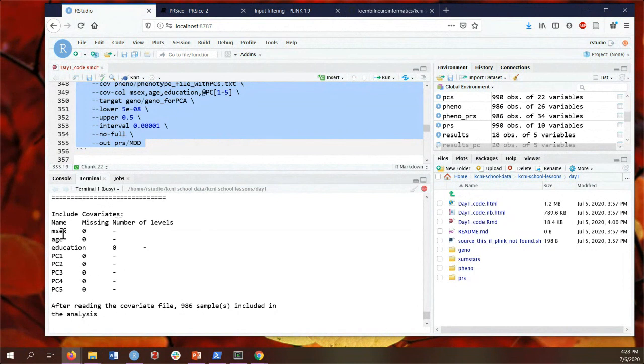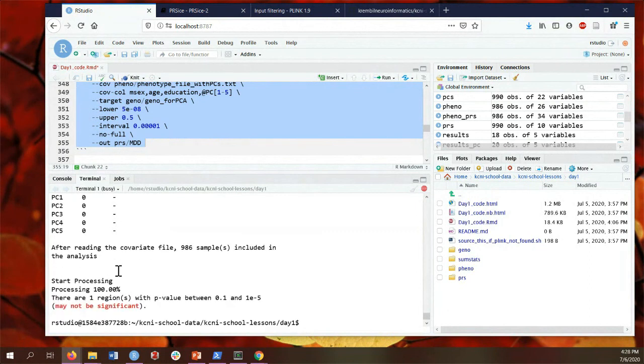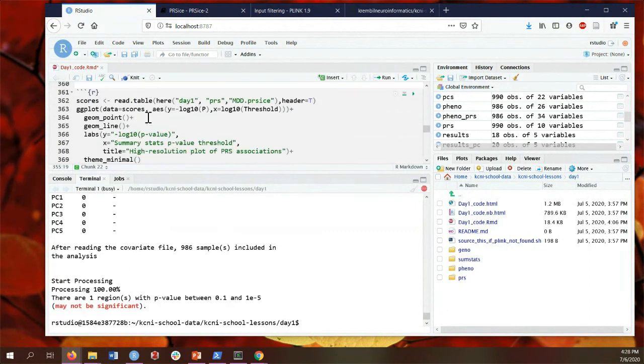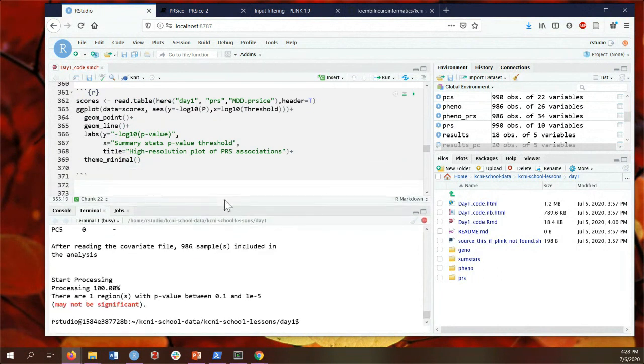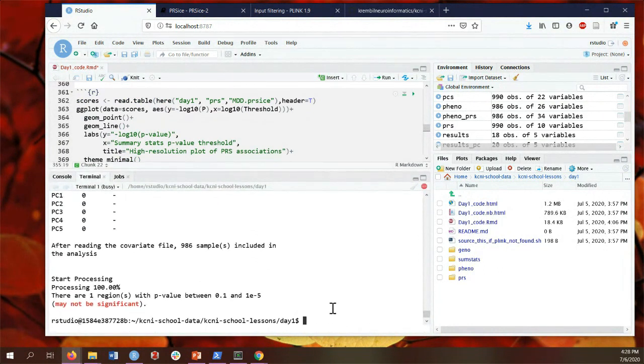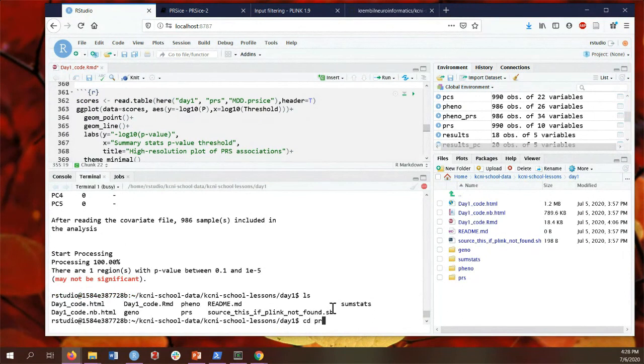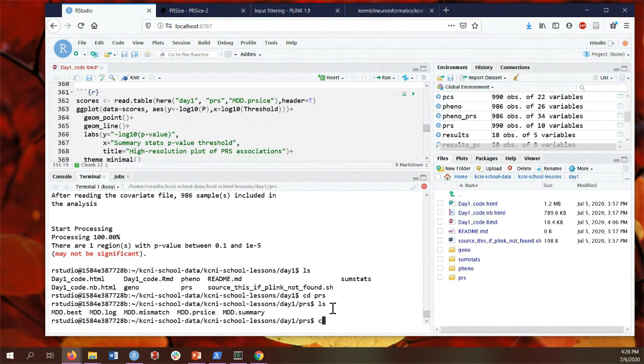And they were all continuous or binary variables, so they did not have multi-level factors, which would have had to be treated differently using dummy variables, which they can also do automatically. And we can take a look at the summary statistics. What I'll show you is the PRS file inside the PRS directory. And if we just print